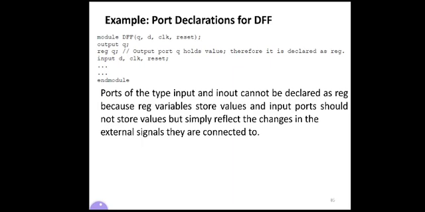Whatever external signals we apply, if any change happens, only then they are going to reflect it. That's why you need not declare them as reg; they are simply wires. So the input ports should not store values, but they reflect changes in the external signals they are connected to.